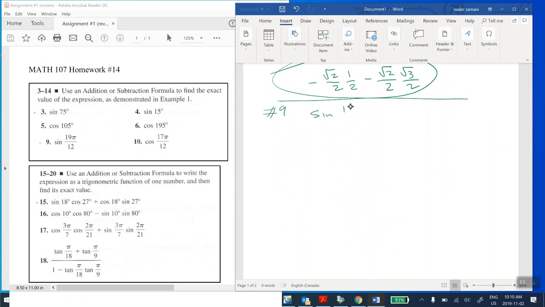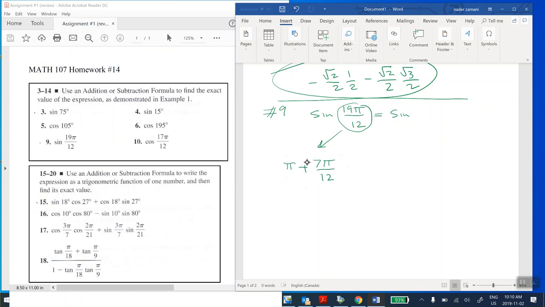Sine of 19 pi over 12. Okay, so this time it's not giving an angle in degrees, so let's do it like this. Sine of, for example, now see, what is this? This can be written as, for example, let's see now. We've got to try different things because, for example, one way is to write it as pi plus 7 pi over 12. Problem is that